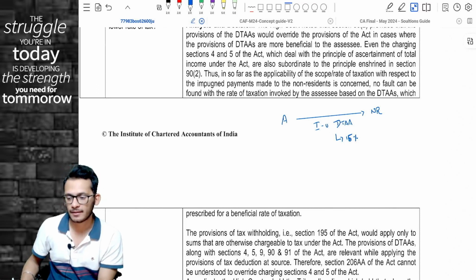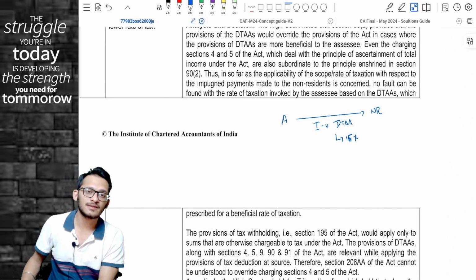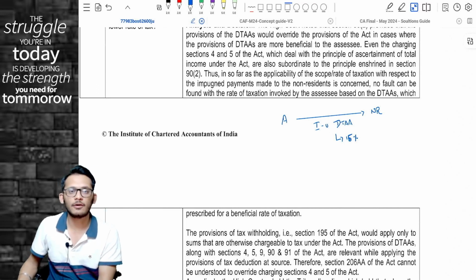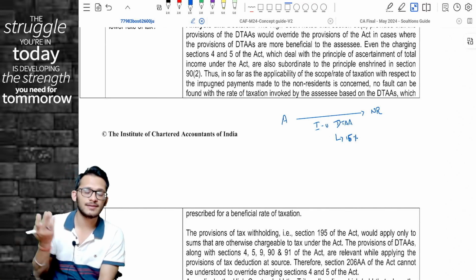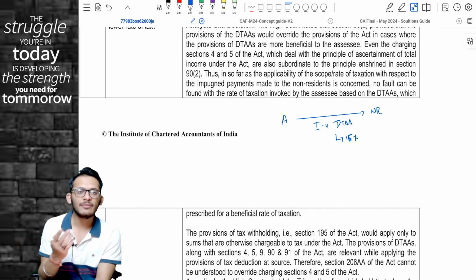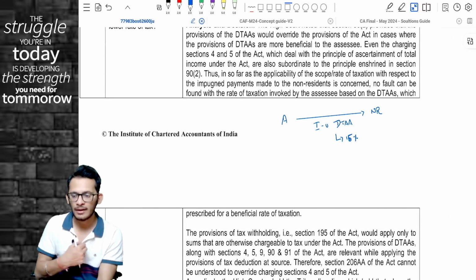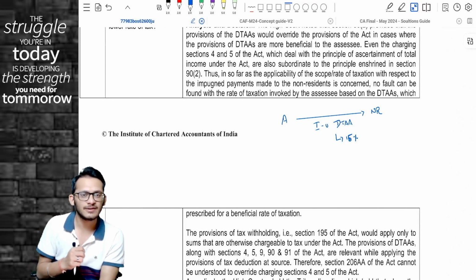When this case was picked up, the assessing officer came and asked, "Dear Mr. A, did you obtain the PAN number of the non-resident?" Mr. A said, "No, sir. It's a non-resident. He does not have a PAN number in India. He gave me the TRC, tax residency certificate, based on which I applied the DTAA benefits and I gave him 15%